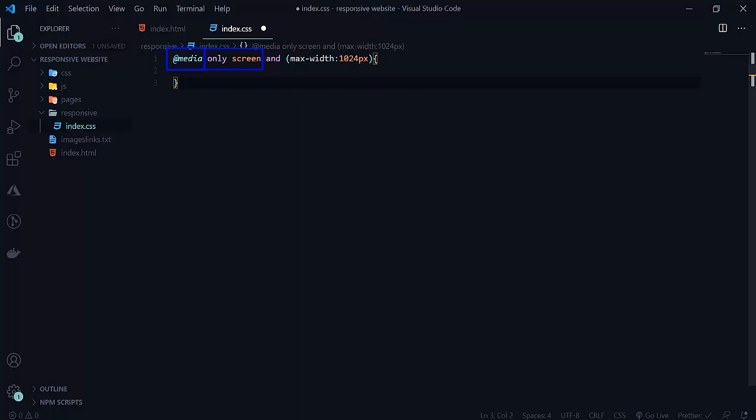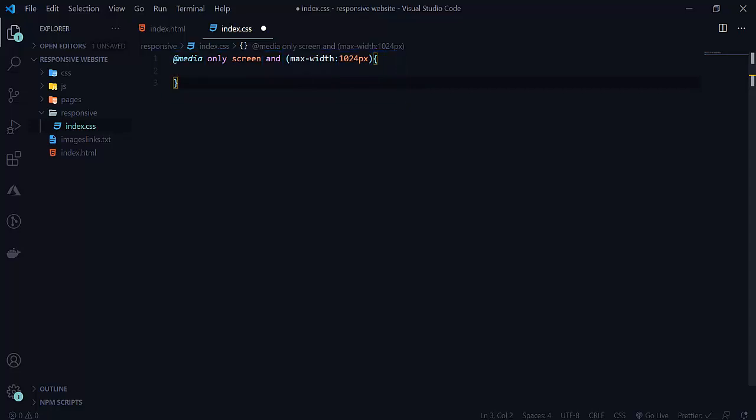So only the screen will be affected. According to the screen, we will set our CSS according to this maximum width. Maximum width means the widths at 1024 pixels or below 1024 pixels will be affected by all the CSS which we will write here.